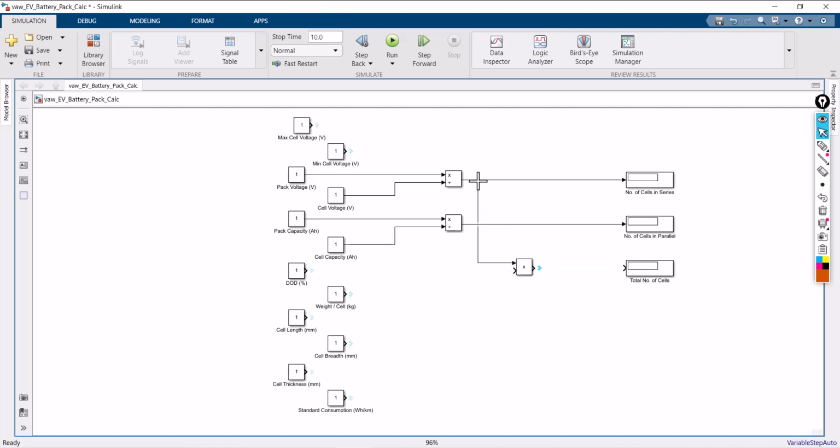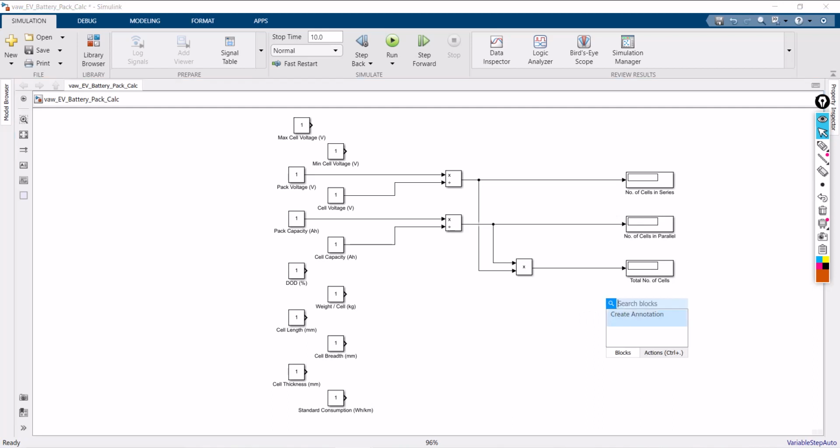The total number of cells in series and the total number of cells in parallel will give you the total number of cells. And then if you want to calculate the total capacity, that is total energy,